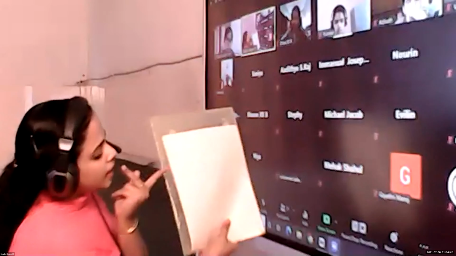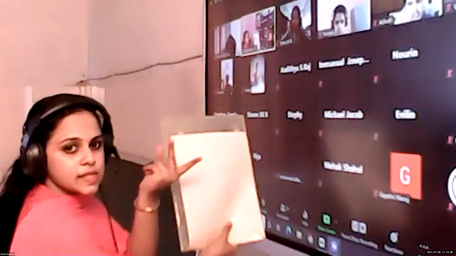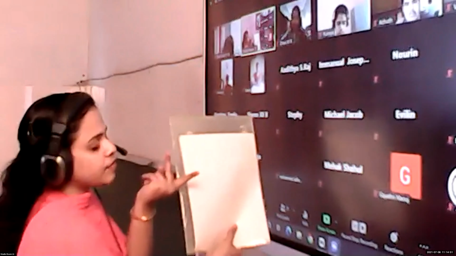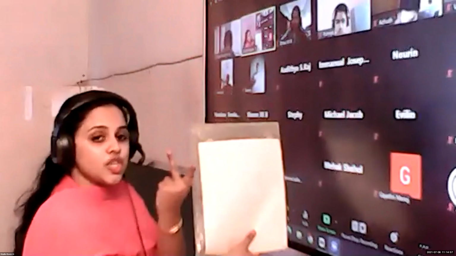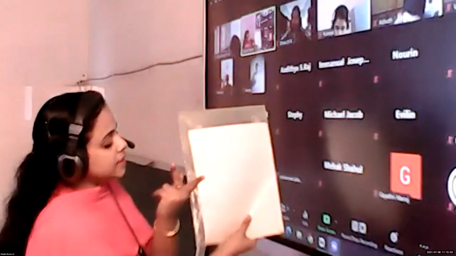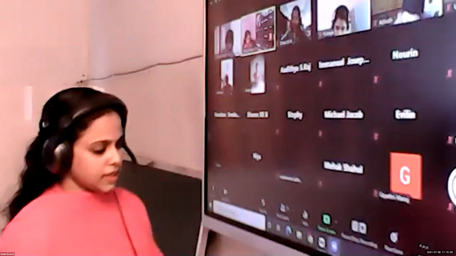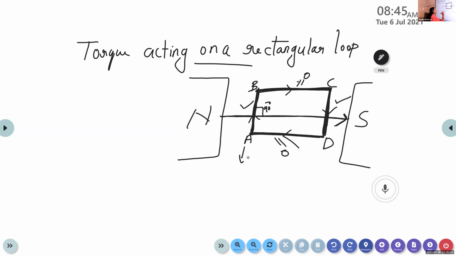It is inward. Here, the forefinger shows the direction of the magnetic field, so it is pointing from here to here. And the middle finger shows the direction of the current that is flowing in upward direction. Then according to Fleming's left hand rule, the mutually perpendicular finger, that is the thumb, shows the direction of the magnetic force. It is pointing inwards. So the force acting on the side AB is inward, that is into the plane of the board.